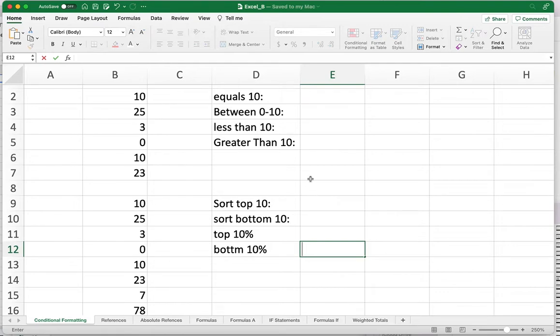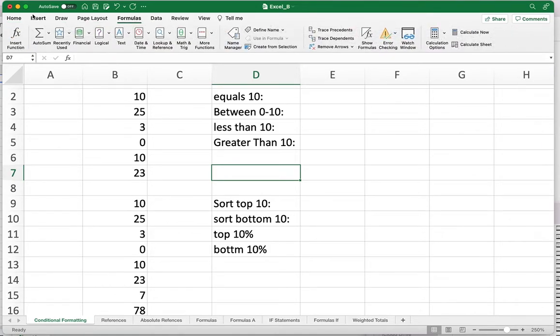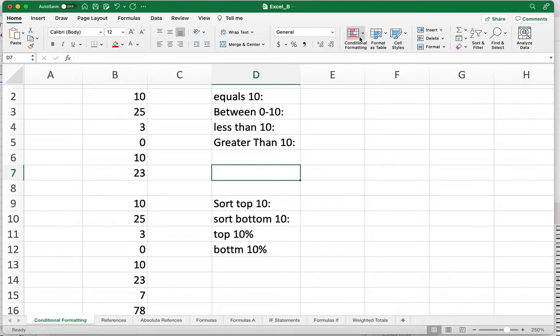We've now made it through 1 week of Excel, or 2 weeks if this is the full semester version. Now we're going to start getting into coding. We're going to start actually changing things about these cells based on certain conditions. Now, a lot of these formats will be either in the Formulas tab right up here, or we could just type them in manually. However, there is one thing, this Conditional Formatting button right up here, that's on the Home